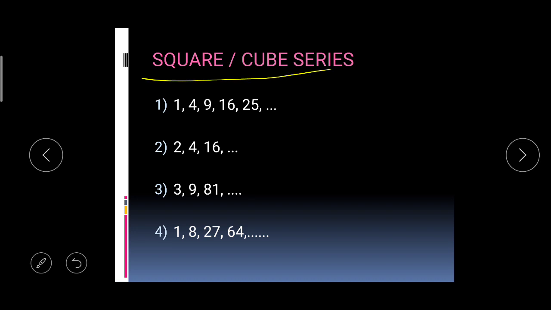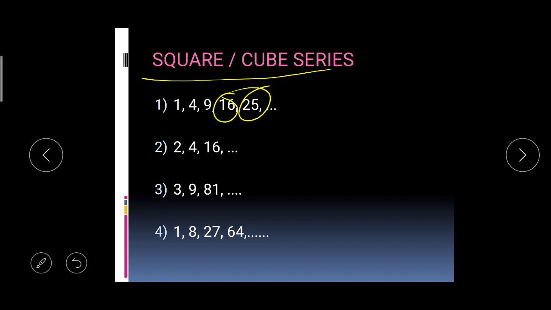Squaring and cubing series. In squaring and cubing series, you have to be very good at catching the numbers, right? Now if you see, first is 1, 4, 9, 16, 25. There are some numbers which should trigger you that it is a squaring or cubing series, like 16, 25, 1, 4, 9. It may be a smaller number which does not trigger you a lot, but yes, 16, 25, if you see such numbers, then you should start thinking about squares.